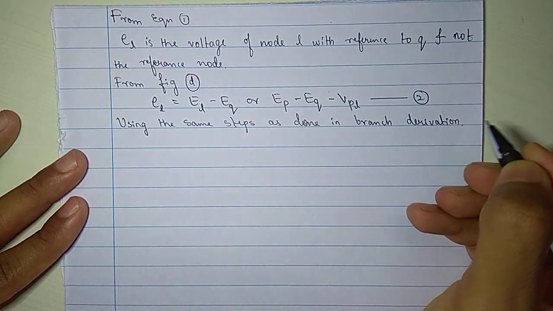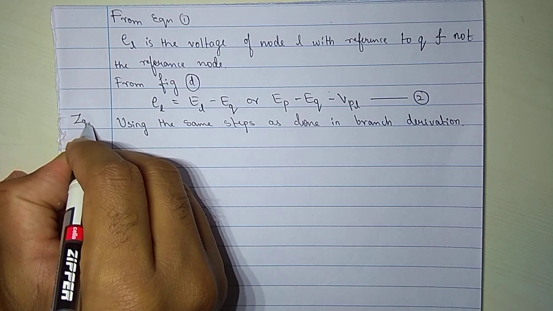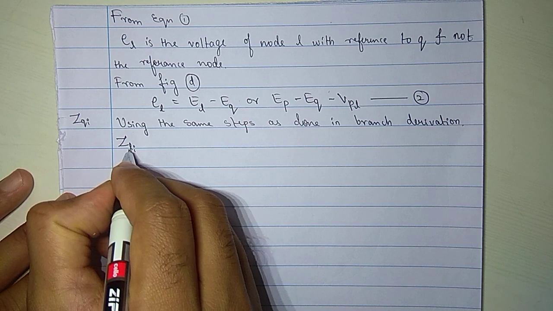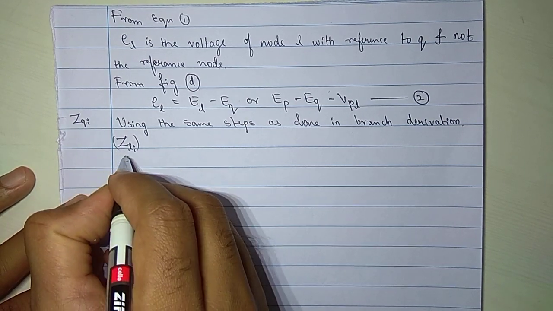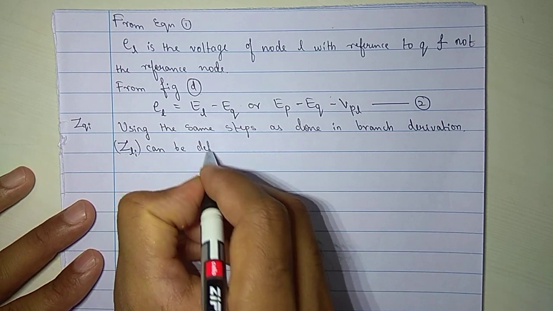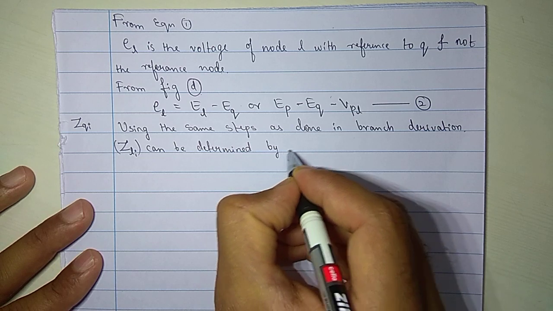In the branch derivation, what are the steps we have followed? The same thing. There we used to write ZQI. So here we'll write ZLI because L is a link over here. ZLI can be determined by